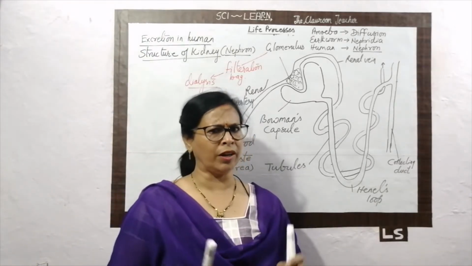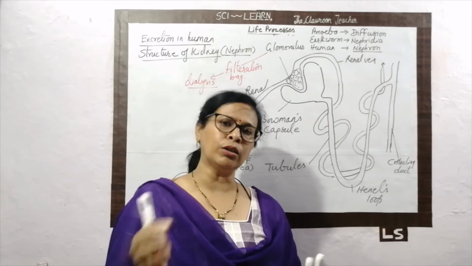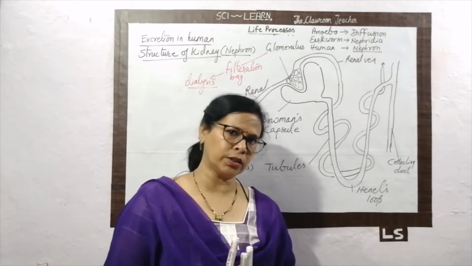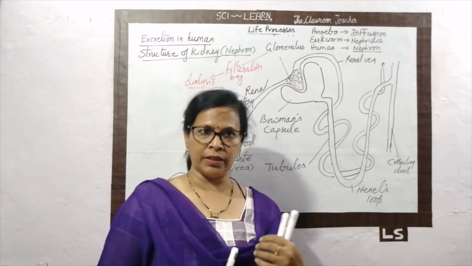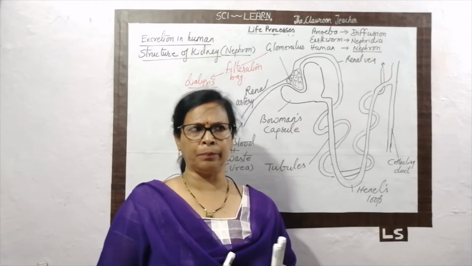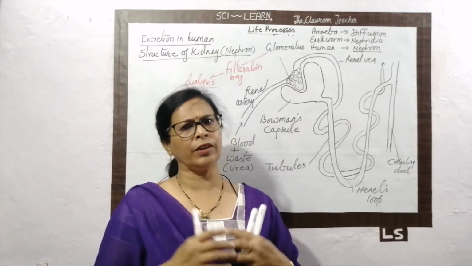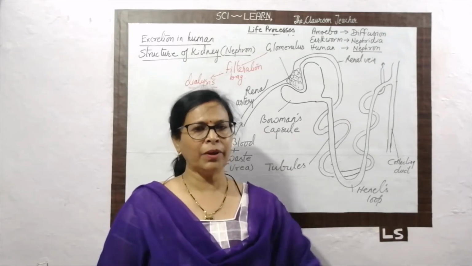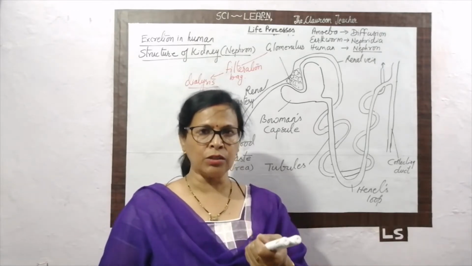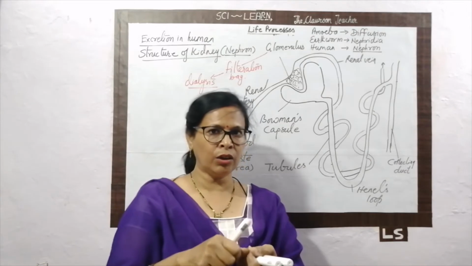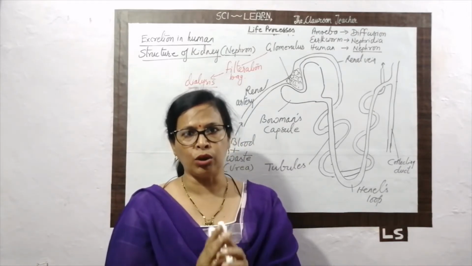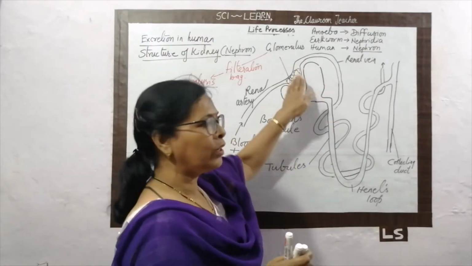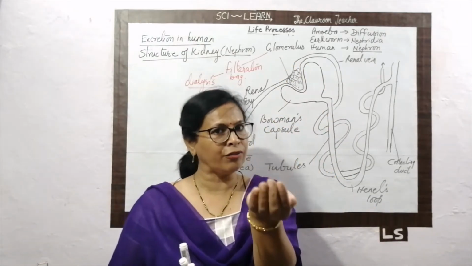Just like at home when we are making tea, we add lots of things in the tea water: water, milk, sugar, tea leaf, then ginger, then clove, then cinnamon. Lots of things we are going to add in that. But when we pour all these on our filter, only the active ingredients go through. The large molecules remain here only, on that filtrate.